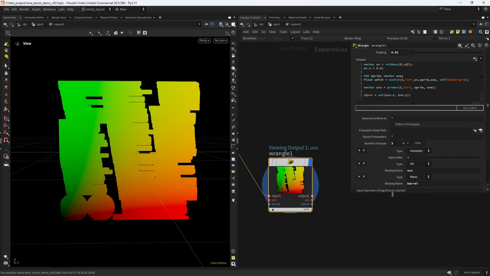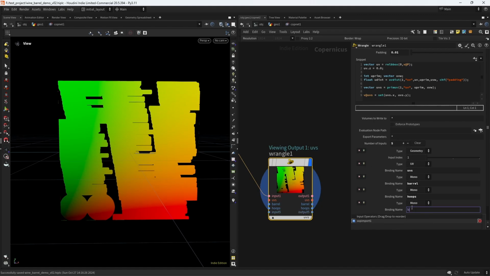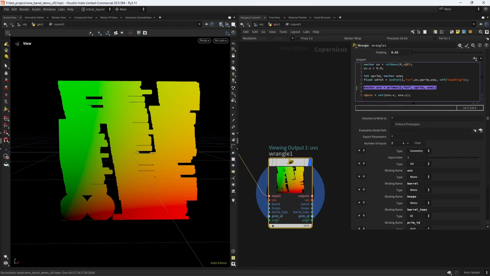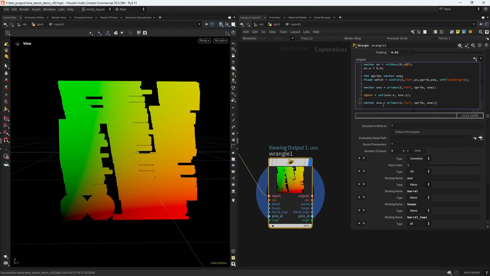let's create this setup in here, and we have another one that will be barrel tops, and we will also need an ID, which will be the prim ID that we created in the first video, and we also want the RGB, in this case RHB. And I believe that's all. Let's see, the assignments are correct, and now we can just copy this prim UV function, and we can say